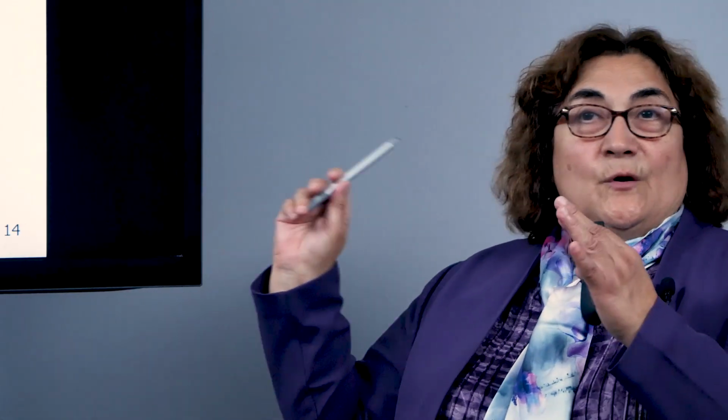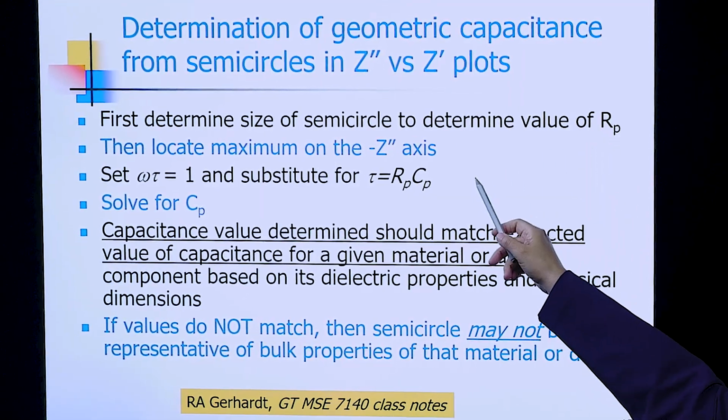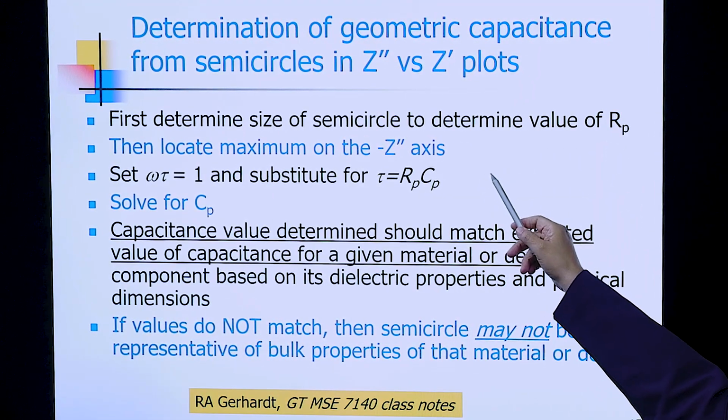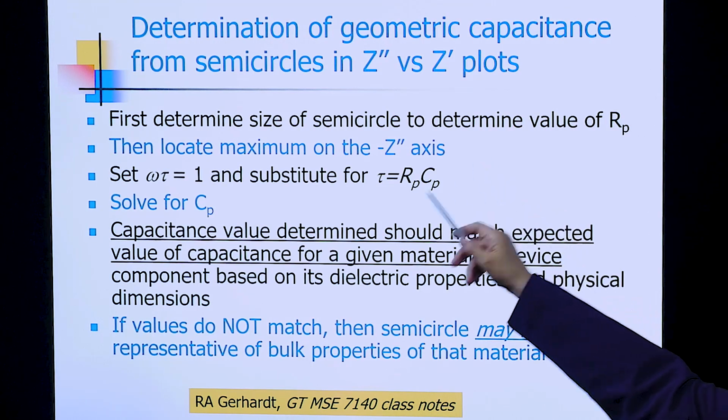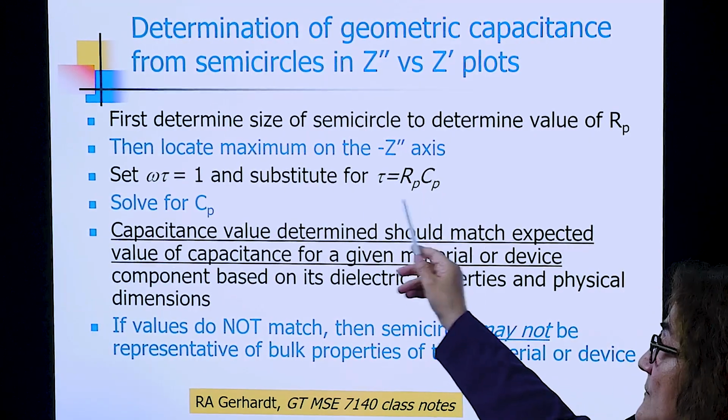So you do not know whether you have more than one process there or not. Before continuing with this, I want to describe to you how you get the geometric capacitance. You first determine the size of the semicircle, which gives you RP. Then you locate the maximum on the imaginary impedance axis. And then you set omega tau equals 1 and substitute for the value of tau, and then you solve